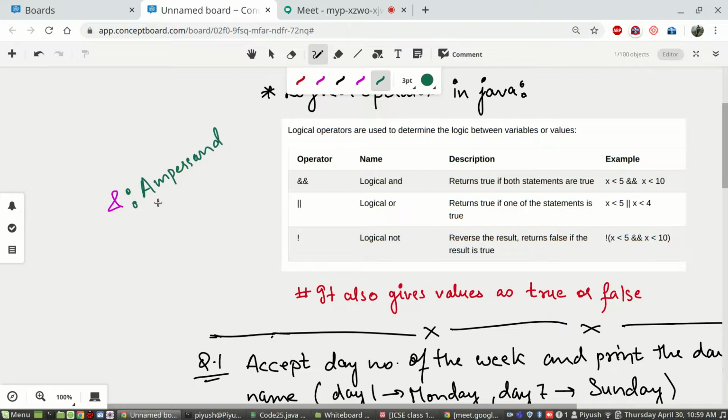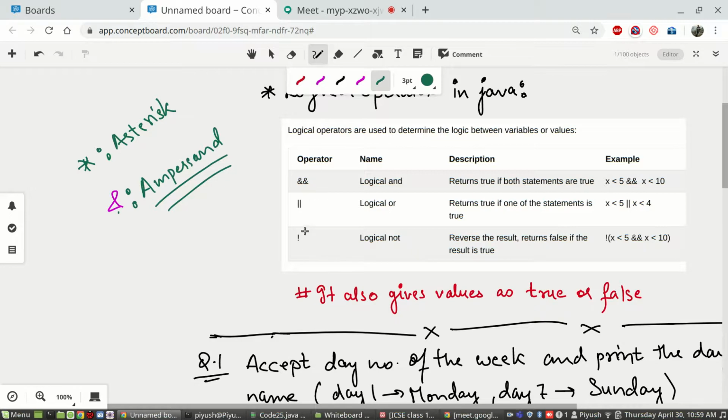Ampersand. I may be wrong in the spelling, but the pronunciation is correct. I am 100% sure. From this day onwards, we are not going to call this AND. Just to recap, what is this symbol? This symbol is asterisk. There are certain things that you are going to use in computer. This is known as ampersand. Clear? Fine.